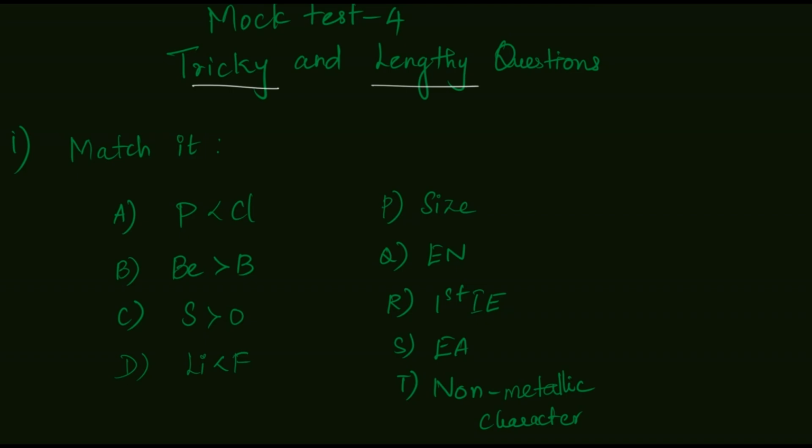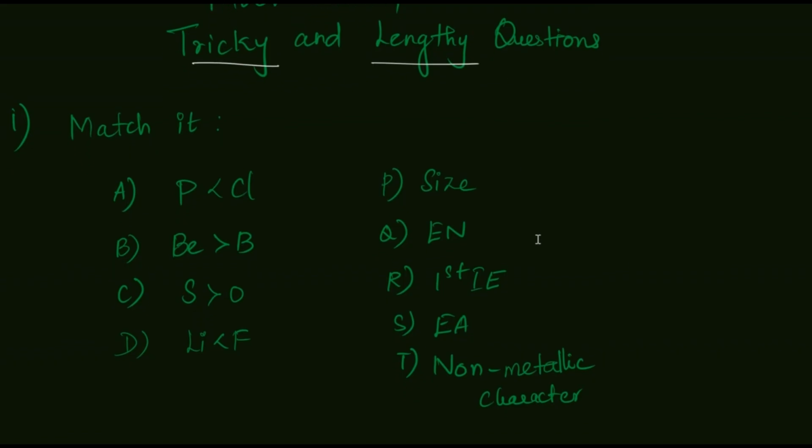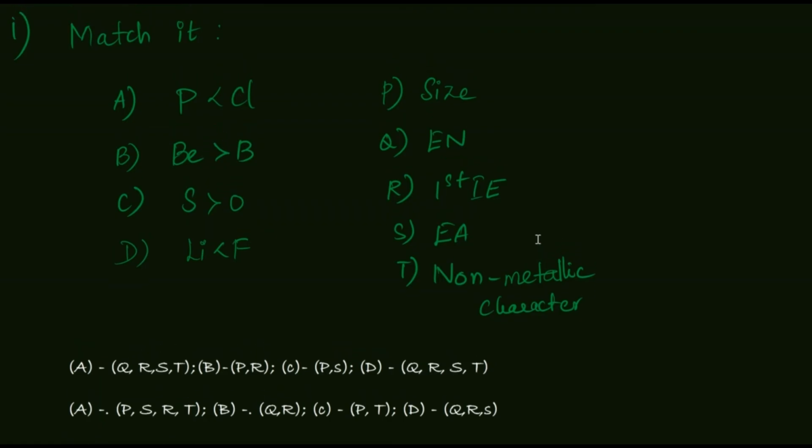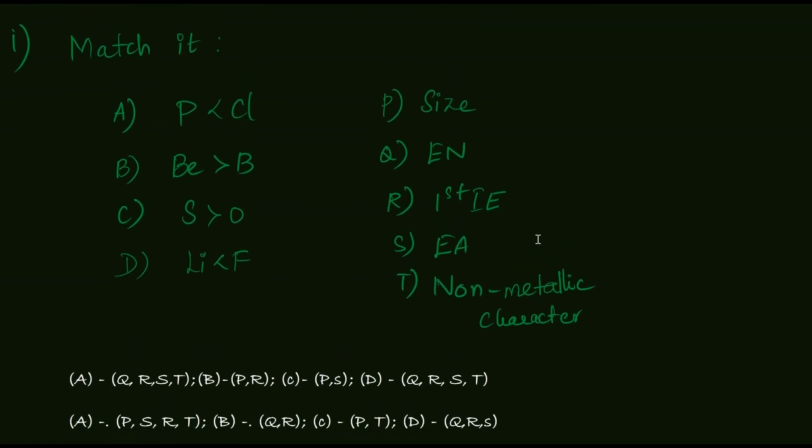The first question says match it. The question may seem to be simple when we are seeing the question, but while seeing the options, they are not asking only one property, they are asking more than one, right? So we should have a knowledge of periodic trends. In simple, I would like to tell you, we already posted a complete chart of the periodic trends, but here I'm telling you,